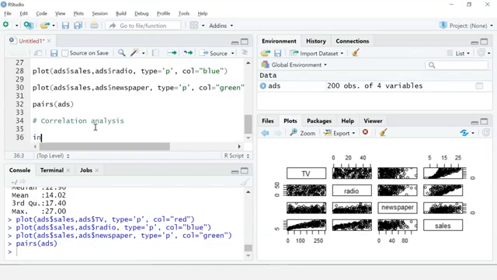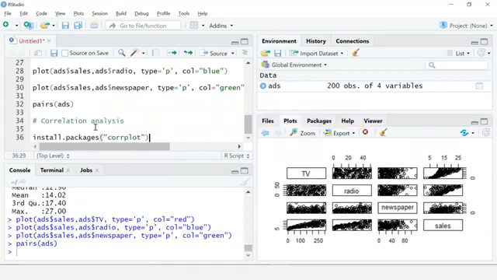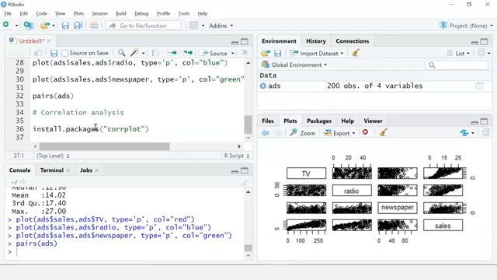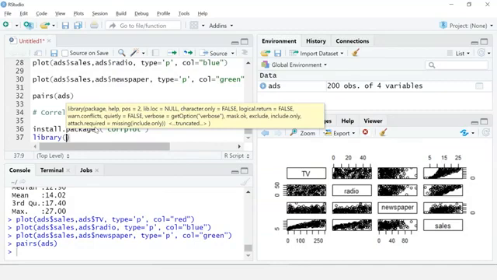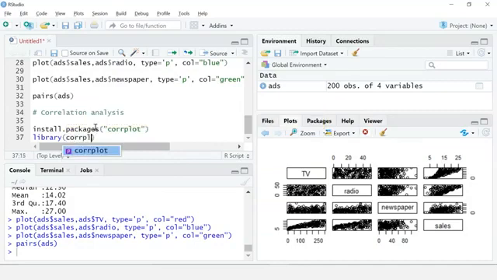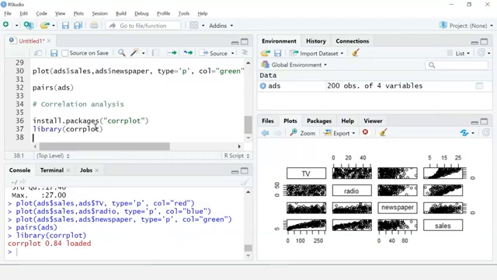For this, I will have to install the corrplot package. I have already got it installed. Then I'll call this function using library. I'll run it. You can see corrplot, the version has been loaded.